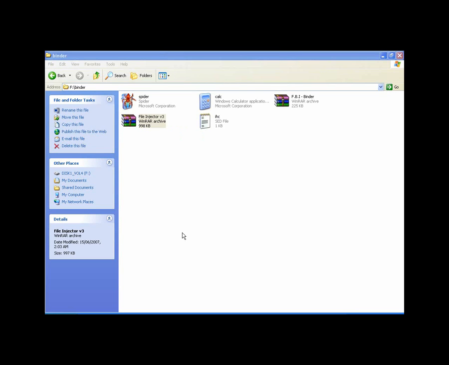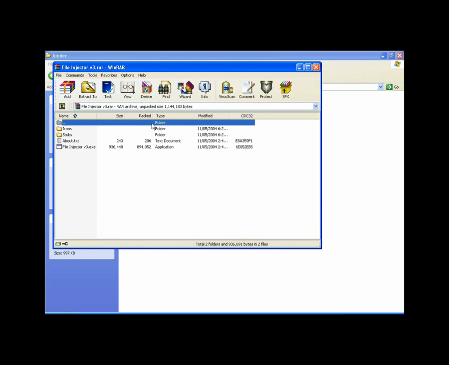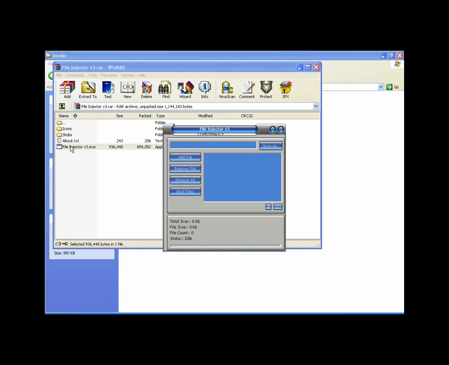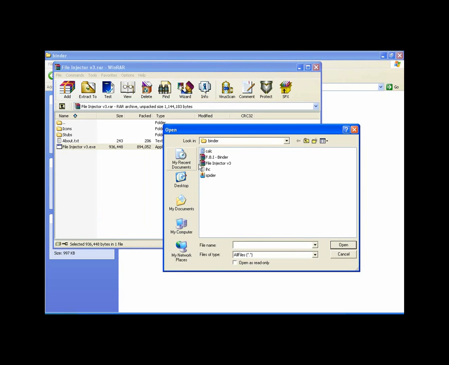Binding two exe files using third-party tools. We can also bind two exe files by using third-party tools like FBI Binder, file injector, etc. For this demonstration, I am using file injector version 3 to bind two exe files. Double click on the file injector version 3.exe file which is present in your IHC toolkit and add files to bind, like calculator, and add the spider.exe file,